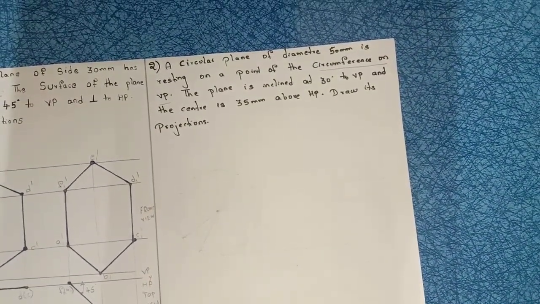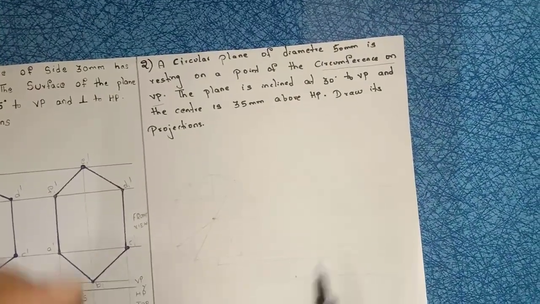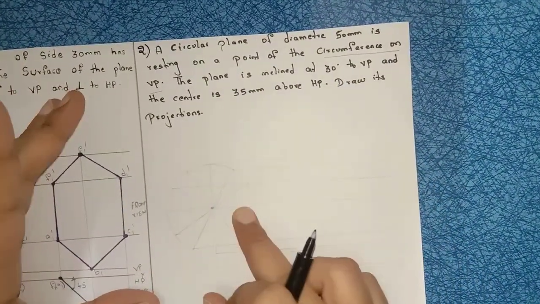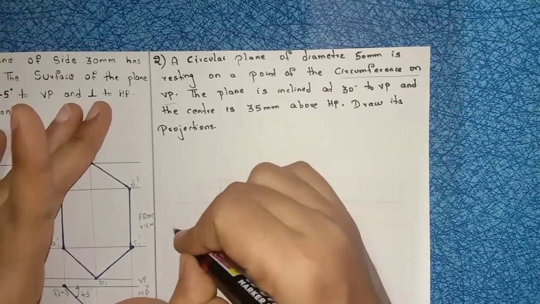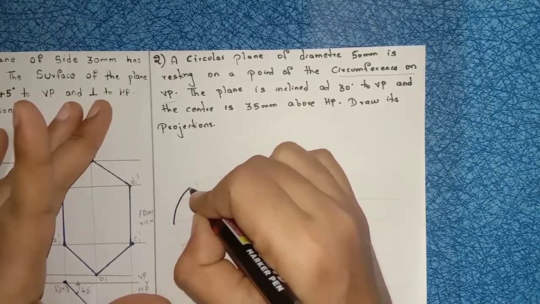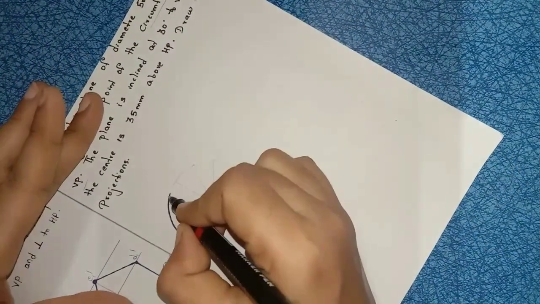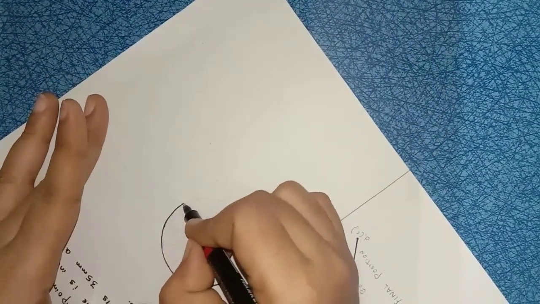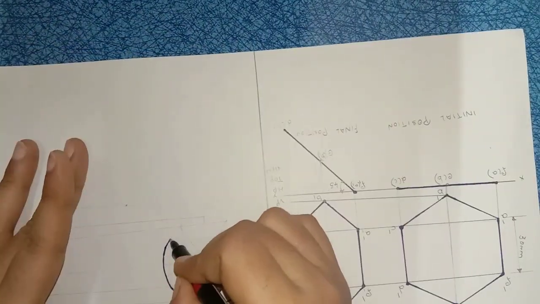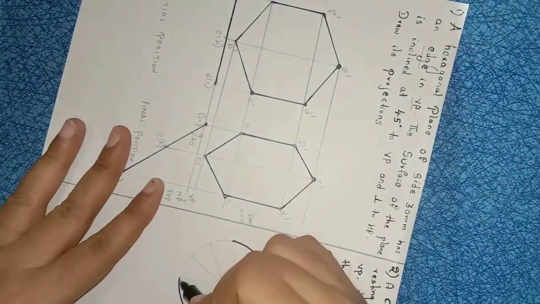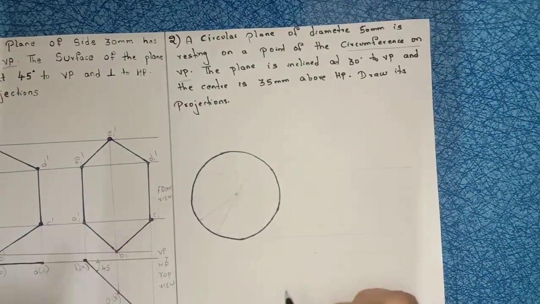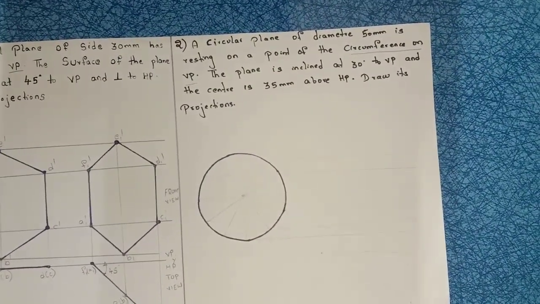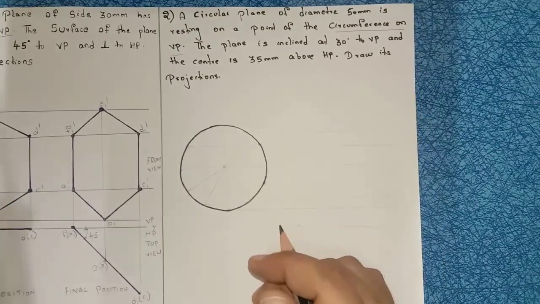Right? Now let us see how to construct the circle. See, I have already drawn this circle with the help of compass only. Diameter is 50 mm. If diameter is 50, radius is 25. So construct the circle. In the question they mentioned you have to construct the circumference of the circle in VP. So I am constructing the circle in VP. With the help of compass I have already drawn. Right? So construct the circle. Then next you know the process.